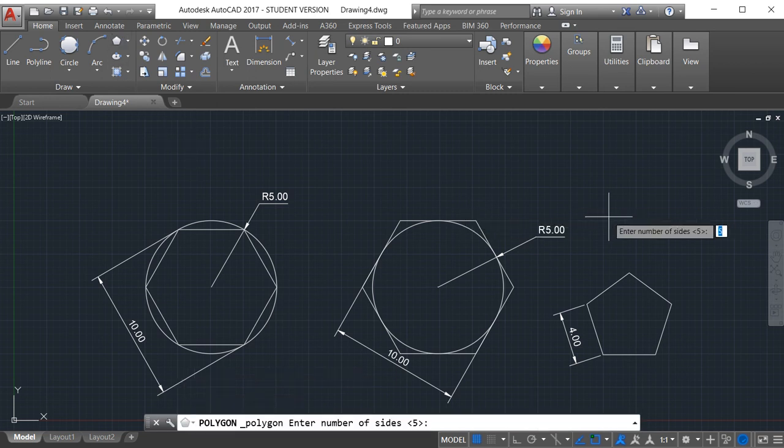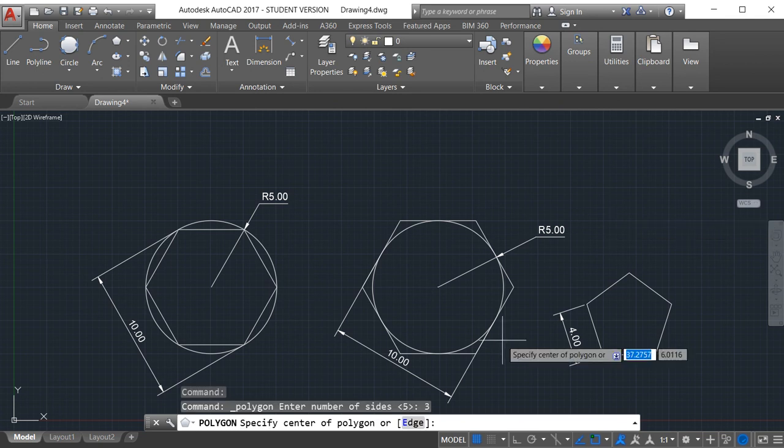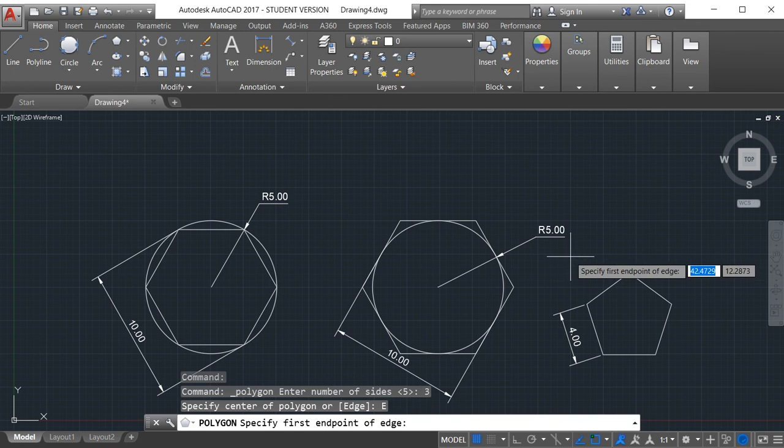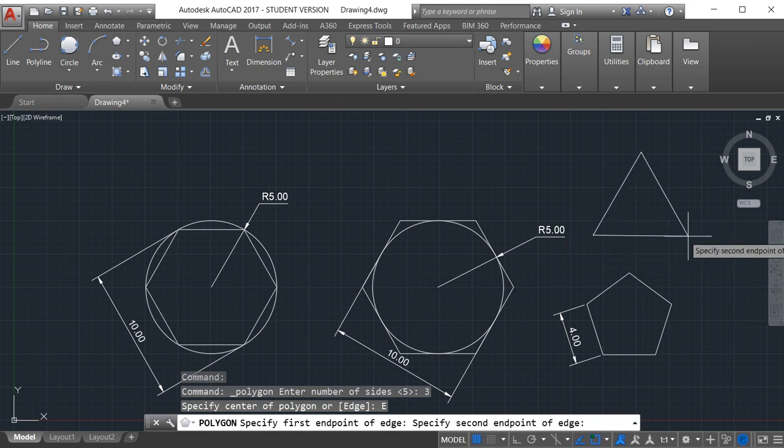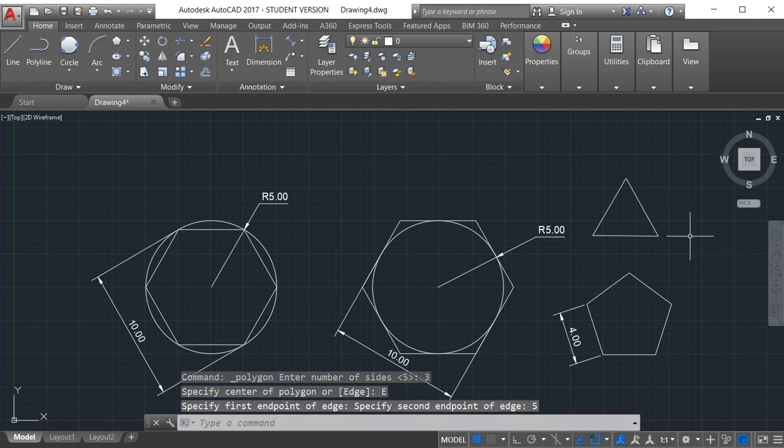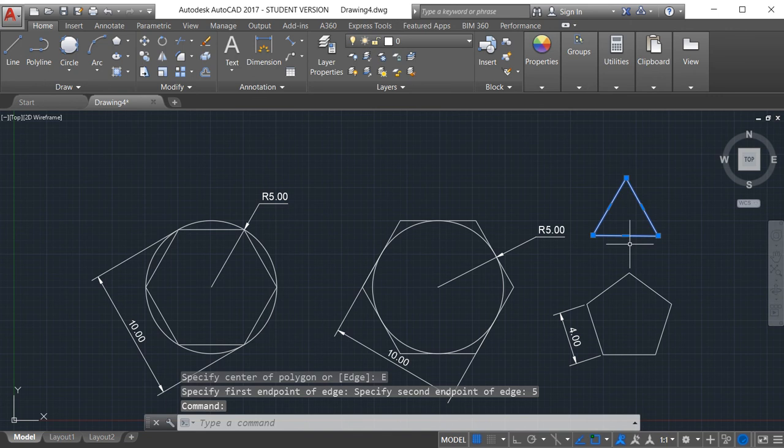Number of sides will be 3. Press enter, and I am going to draw by using the edge method, and I have to specify the starting point, and then I am going to give the length as 5, enter. So this will be our equilateral triangle of 5 unit edge.